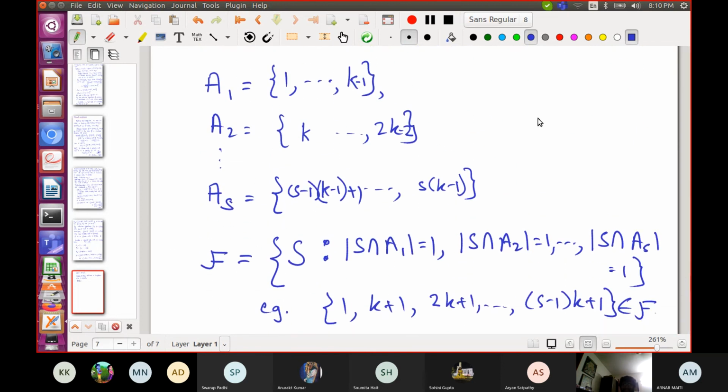Let's look at any k sets in this family F. Each of these k sets is obtained by picking one element from A1, one element from A2, and so on. Now by the pigeonhole principle, two of these sets will pick the same element from A1, because A1 has only k minus 1 elements, and the same will be the case for the other Ai's.